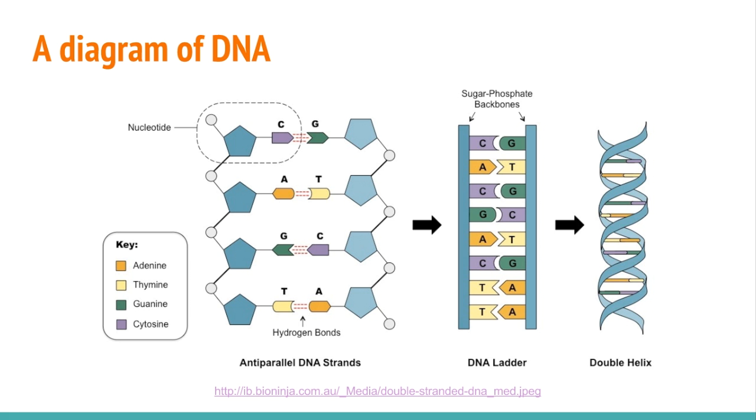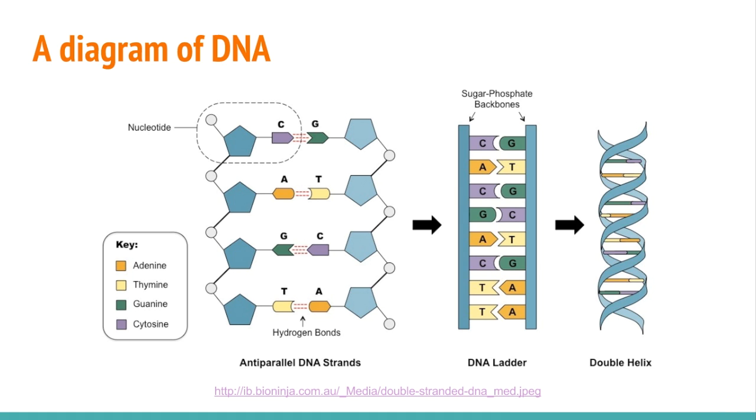In the first diagram, the anti-parallel DNA strands diagram, you can see clearly the sugar phosphate groups represented by the blue pentagons, and you can see the C's bonding to G's and the A's bonding to T's. In the middle, those red dotted lines represent the hydrogen bonds, and you can see that between the C's and the G's there are 3 hydrogen bonds, and between the A's and T's there are only 2. And that is why a T will never bond to a C, and an A will never bond to a